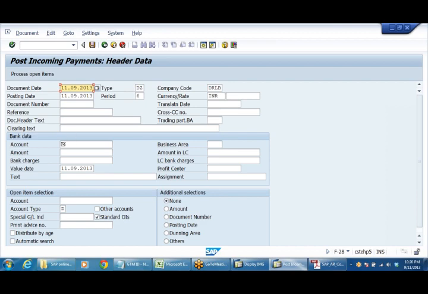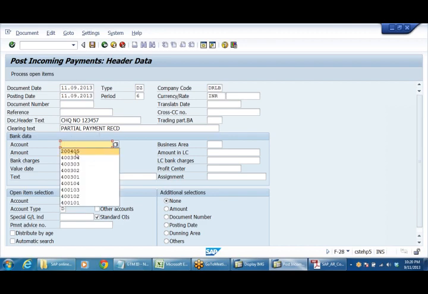I will enter the check number 1235407. This is partial clearing, partial payment received. Bank data, bank account 200405.